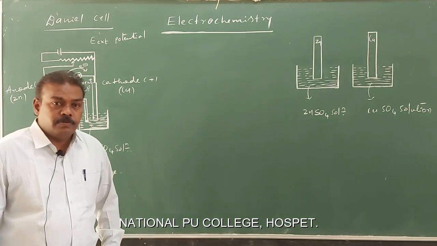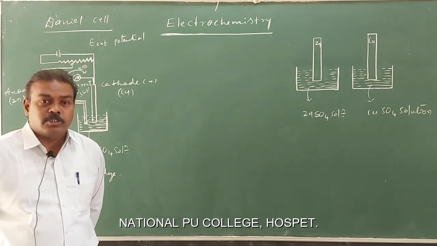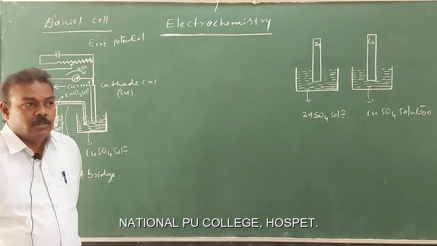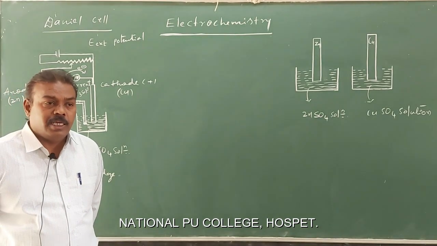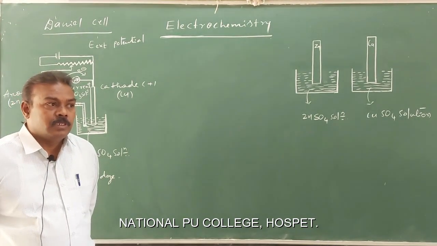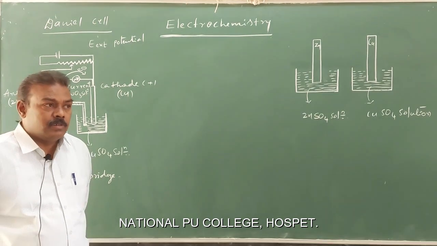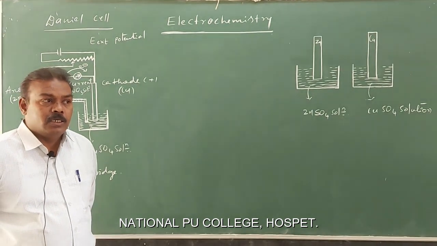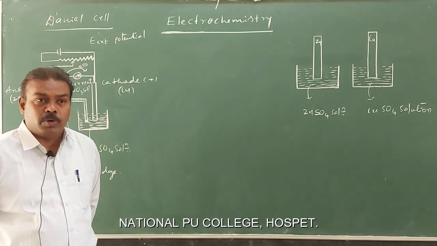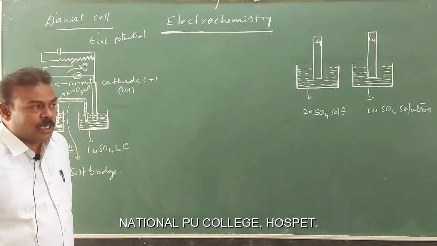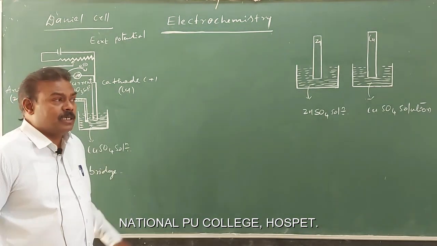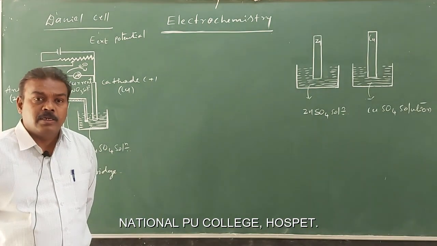In the last class, we discussed some of the concepts in electrochemistry. Now that will be continued. Here we discussed the Daniell cell. So the Daniell cell, we know, is formed by connecting two electrodes, that is the zinc electrode and the copper electrode. We know how electrical energy, or electricity, is generated in the Daniell cell.